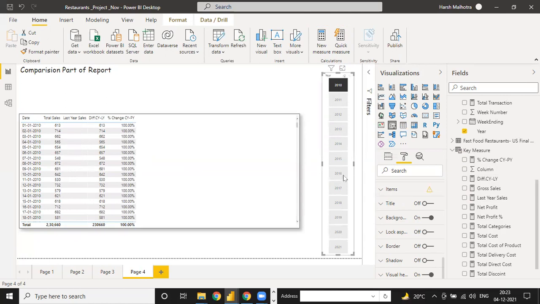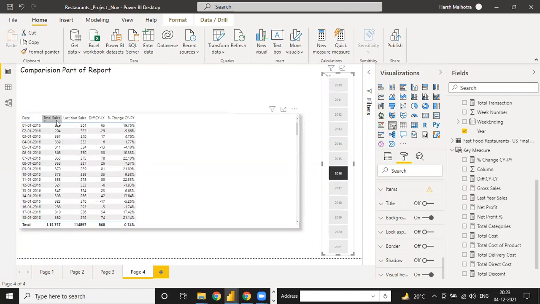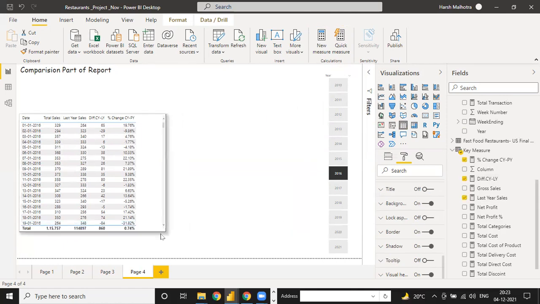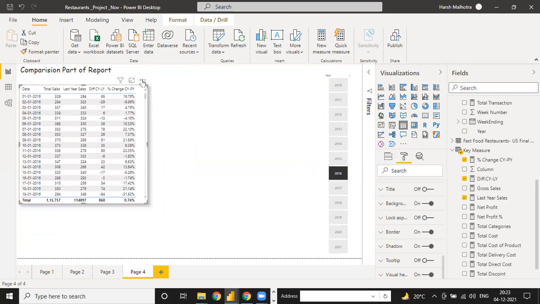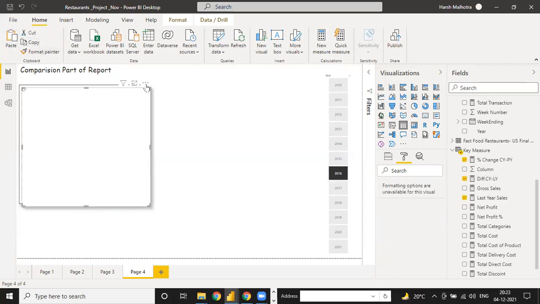Okay, same way. Click on 2016. So this is 2016 sale, 2015 sale, difference, and percentage change. So this way you can calculate your analytical part, the last year sales or last year reports. Got it? Or any other doubt you have? No. Same way for this. Click this table again, copy and just paste it.